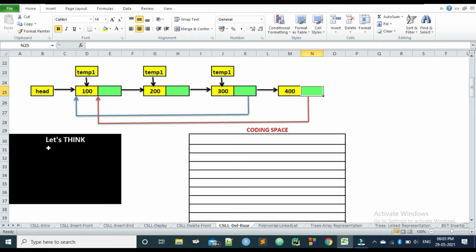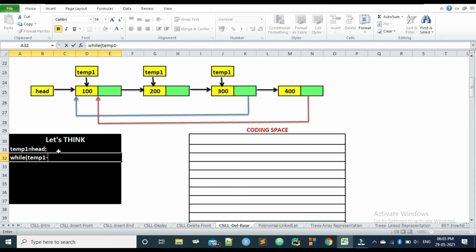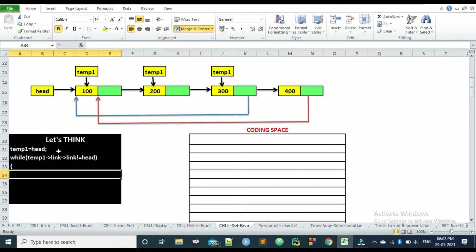So let us start with it. We are going to write temp1 equals head. So temp1 is going to now point to the first node. Then we are going to write while temp1's link's link not equal to head. Till this condition is true, you can move your temp1.